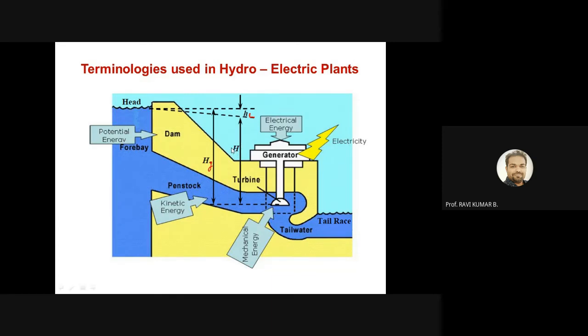So when you are defining the efficiency, we'll be defining what is the power output and what is the input. Input is basically your data, the datum you are supplying, that is called input. And output is how much mechanical energy, rotation energy, you are getting. That is called output. If you take the ratio of this, that is called efficiency. So we'll now define efficiency and the types of efficiencies.